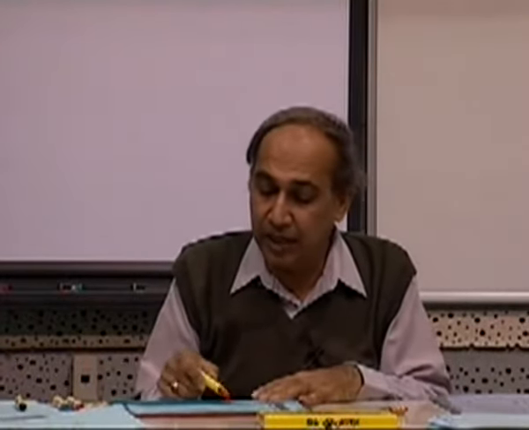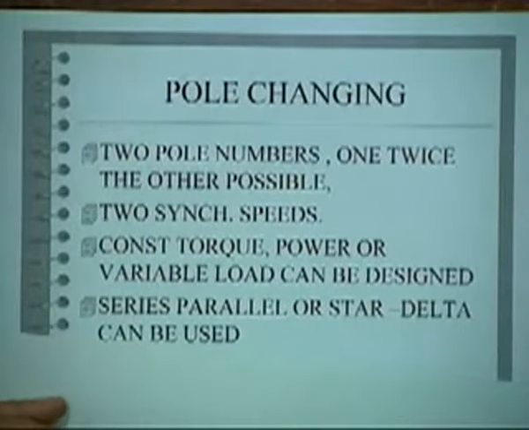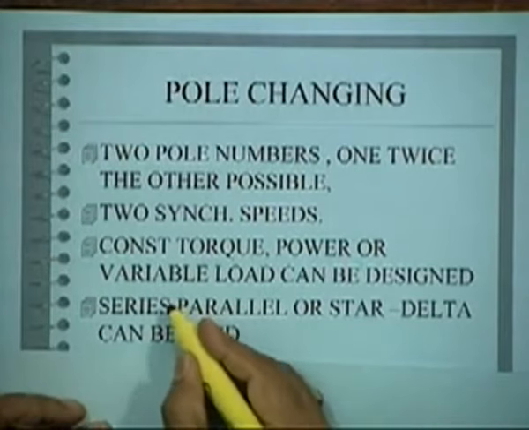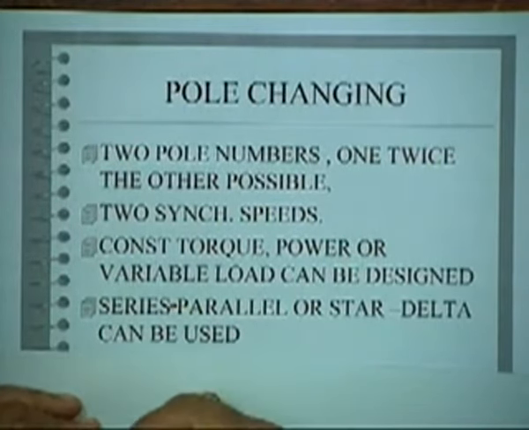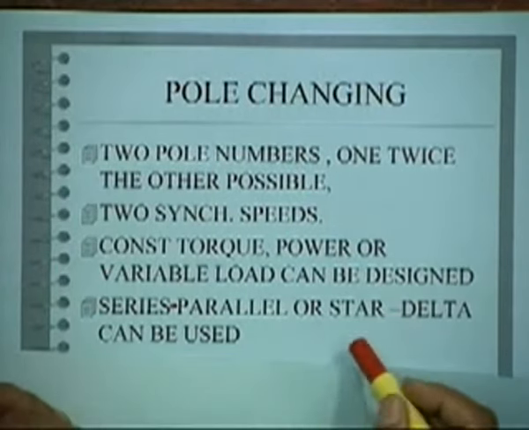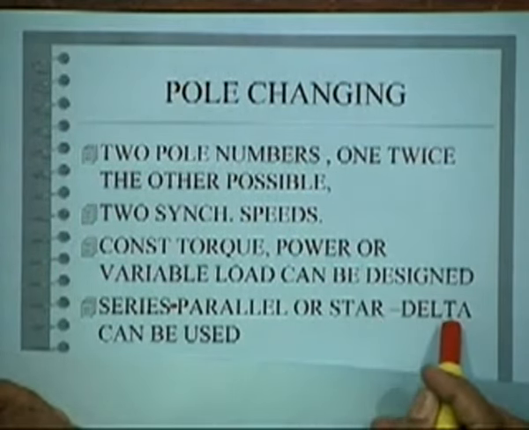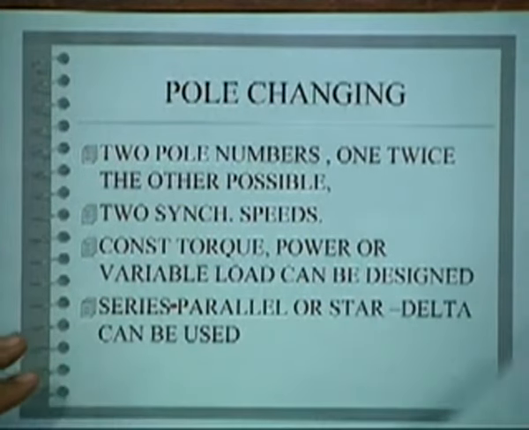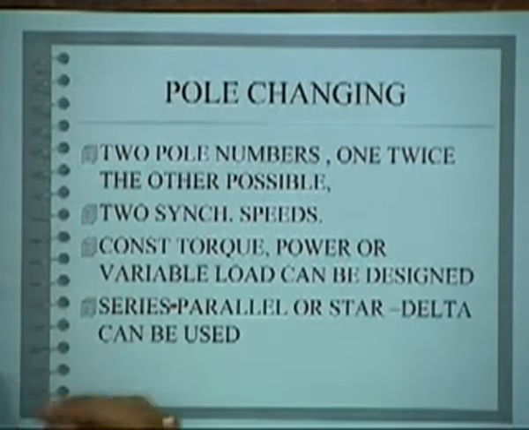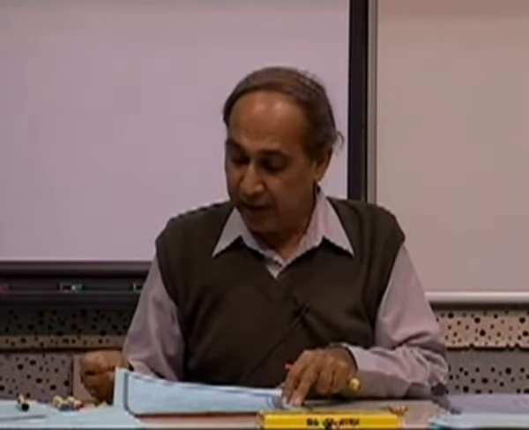And then, as I told you, you can have two arrangements. Typically you can have a series-parallel arrangement. In one pole it can be in series, in another pole it could be in parallel, or in one pole it could be in star, in another pole it could be delta. So these are the different variants. Broadly, a manufacturer will give you at the terminal box a switch or a contactor, such that if you put one contactor it will be in one pole, another contactor will be in another pole. So there is only one arrangement. Now let us see how it actually works.